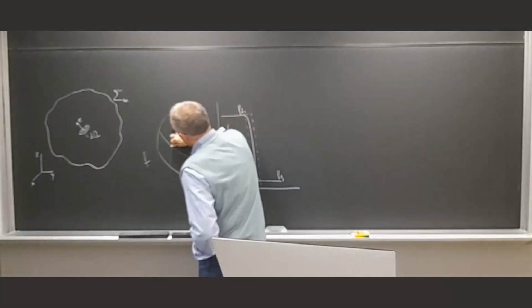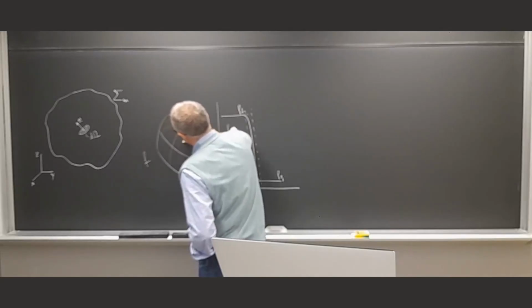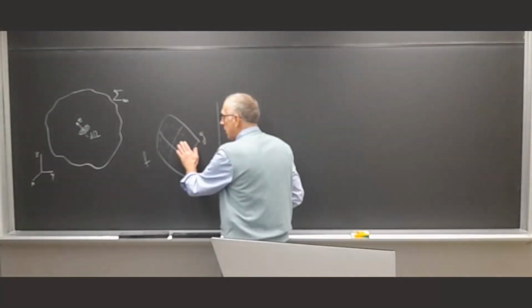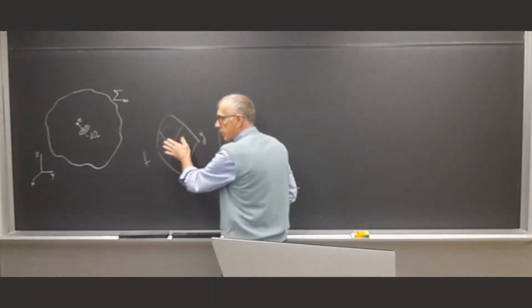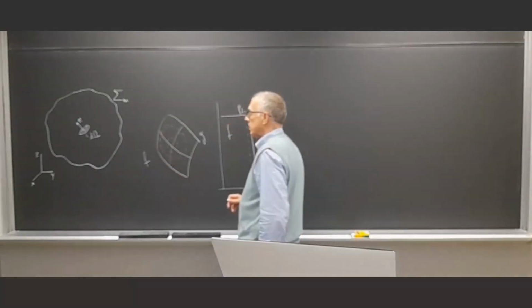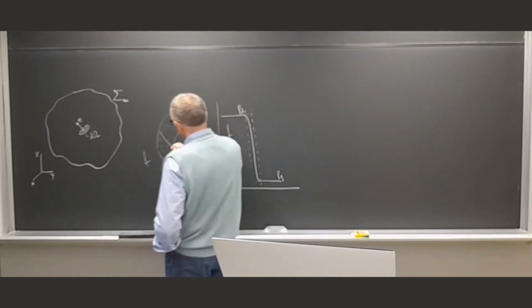So if you sit on the interface and move on the interfacial region, maybe that is isotropic in the tangent direction, but it's not in the orthogonal direction. So, for example, in this case,